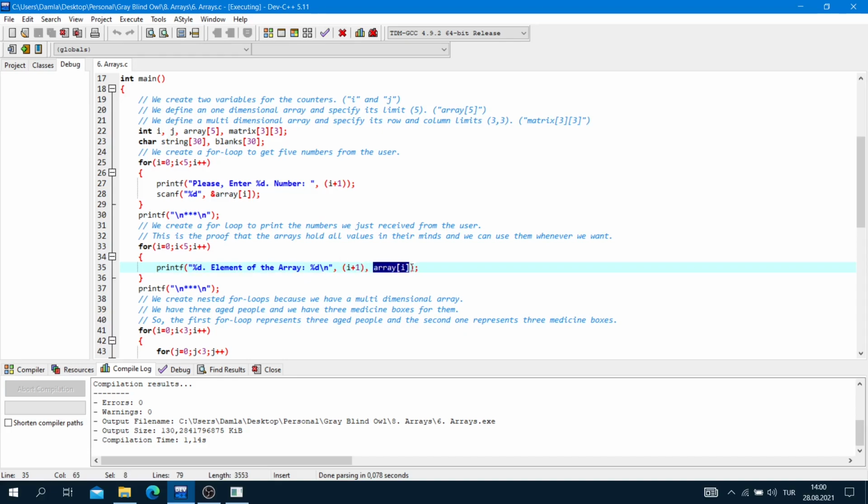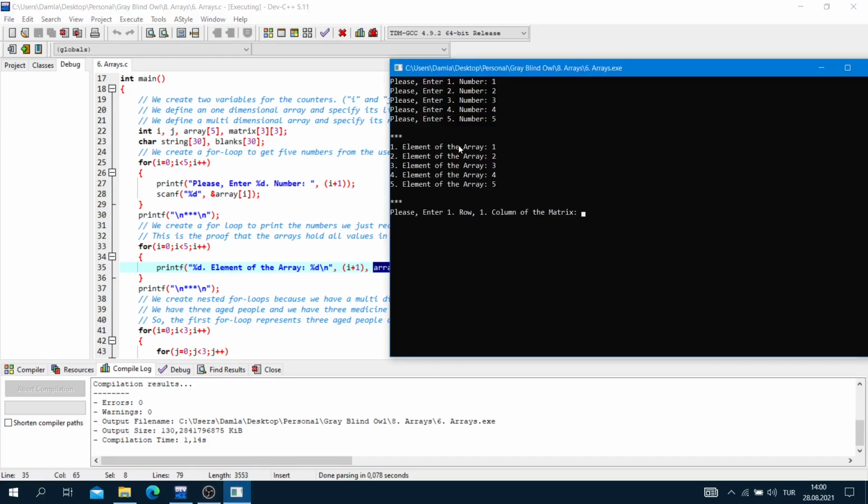array[0], so the first element of the array, because array[0] is equal to the first element. So the %d represents array[0] for now. And as you can see, the first element of the array is 1, we entered 1 here. The second element of the array is equal to 2, so we entered 2 here.